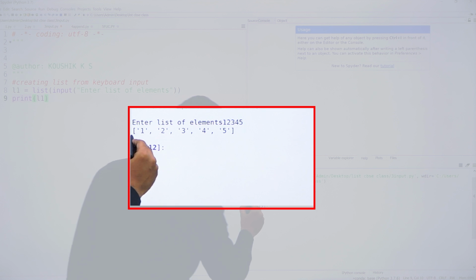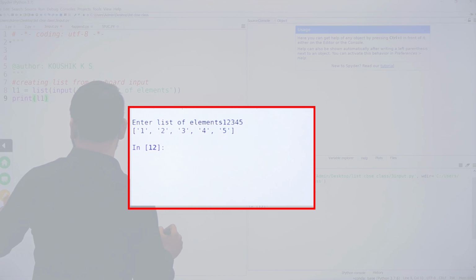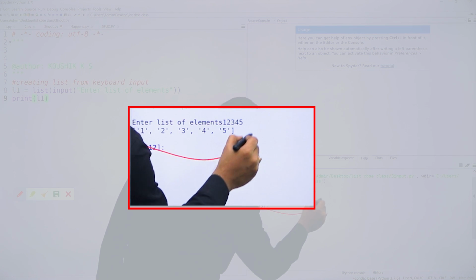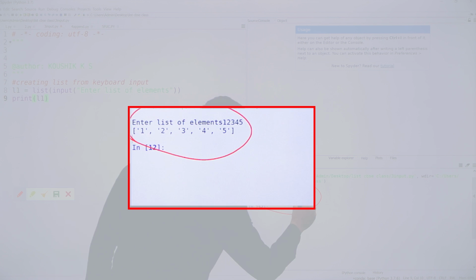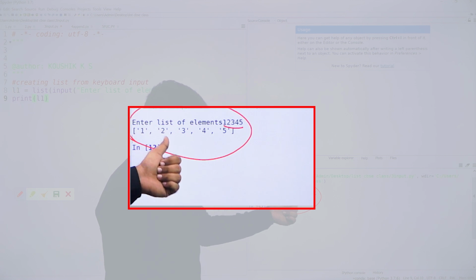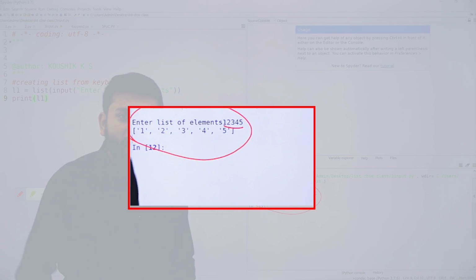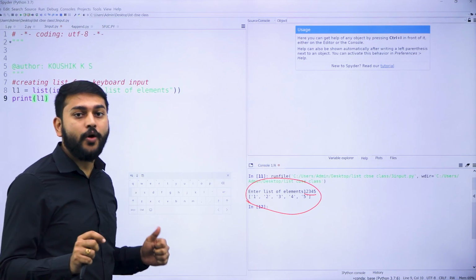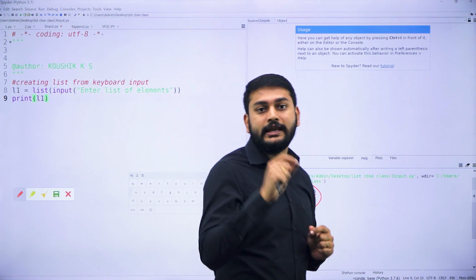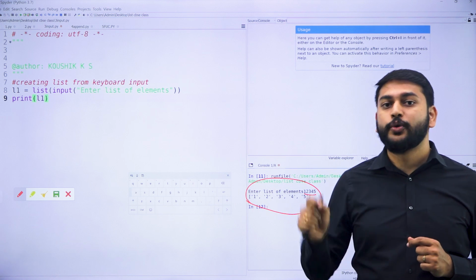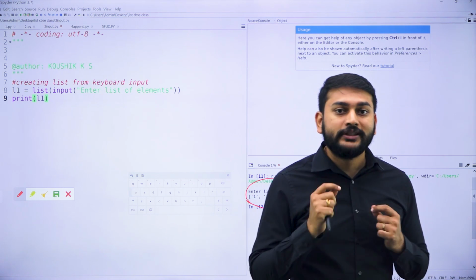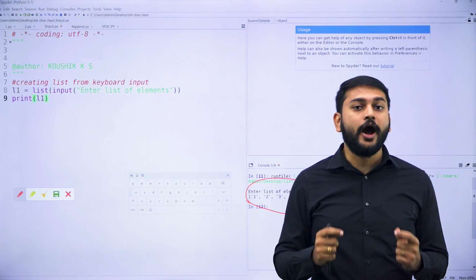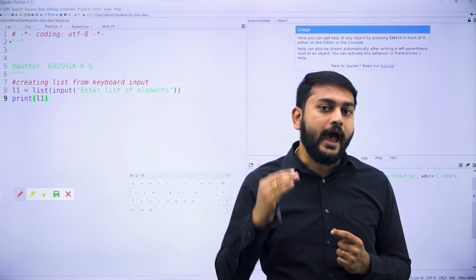My dear students, you need to look at this. This is very amazing. This function is creating, okay? If I have entered 1, 2, 3, 4, 5 continuously, my function is creating 5 different data items inside the list. So this is how, if you enter any data, you can convert it and store it inside the list. With this, you will understand the concept of how you can read the values from the user